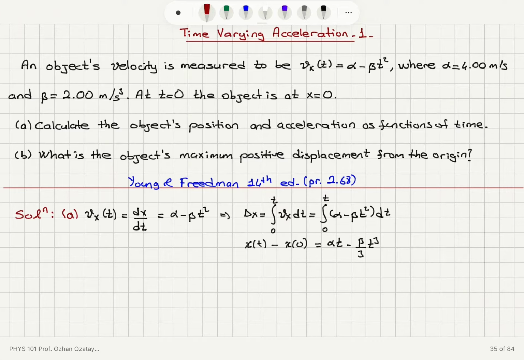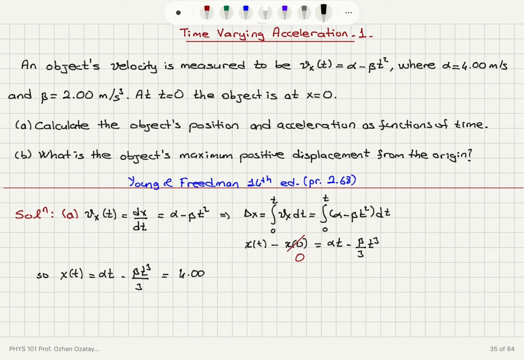So x0 is 0, and I obtain the position as a function of time, x of t, to be alpha t minus beta t cubed over 3, which is, since alpha is